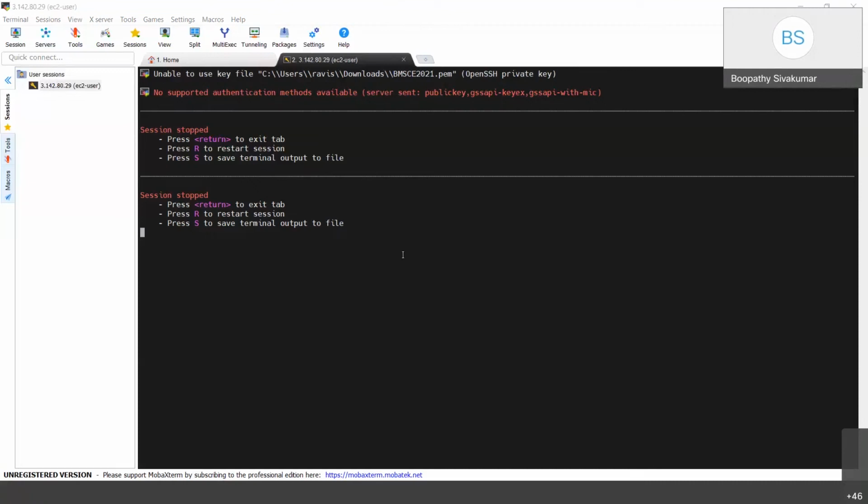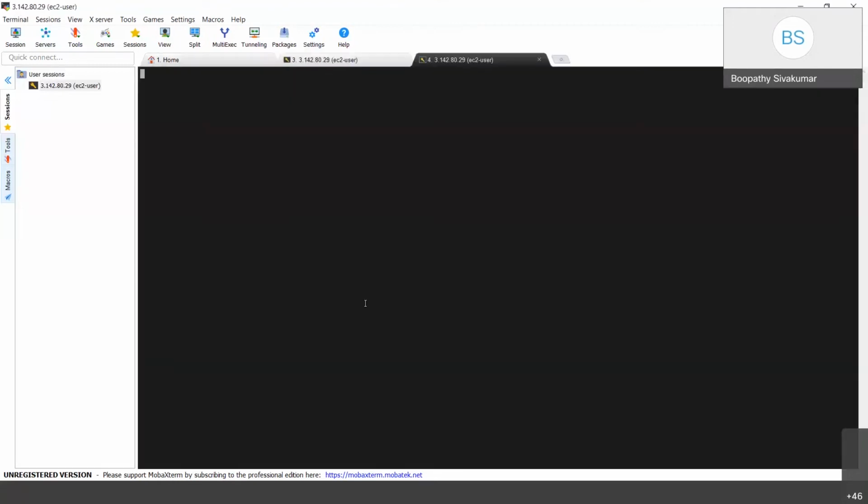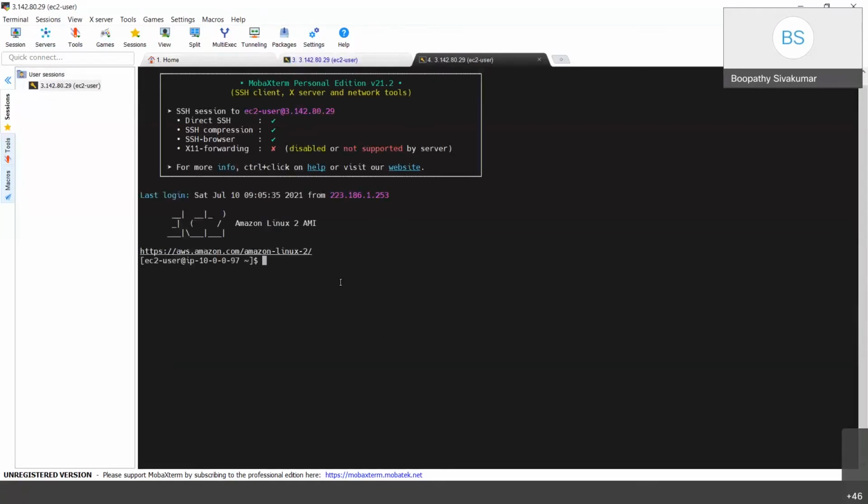Press enter. Can you double click on it? So now you are inside the system. This is how you will be connected to the EC2 instance.